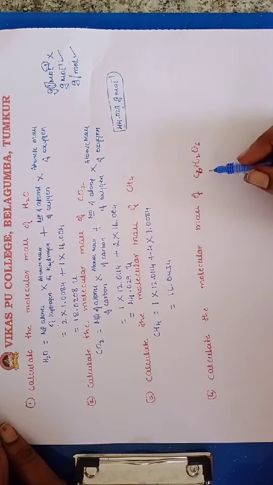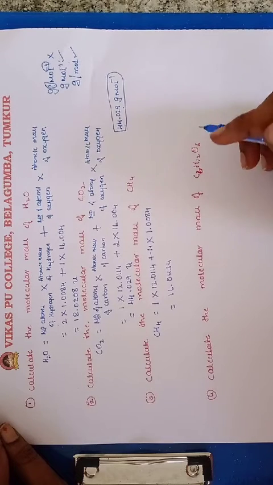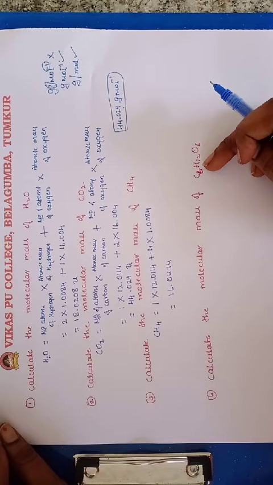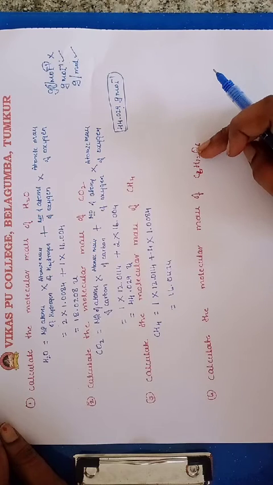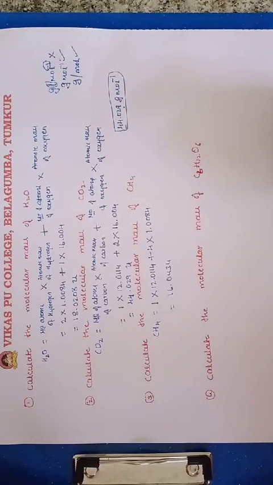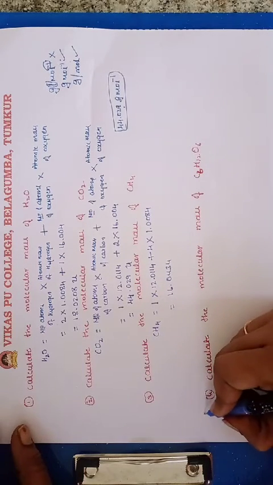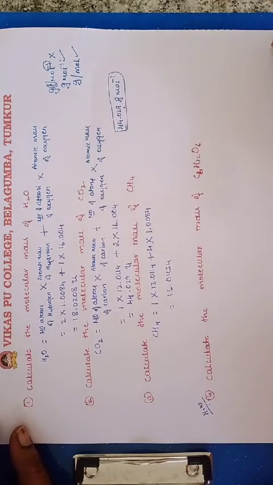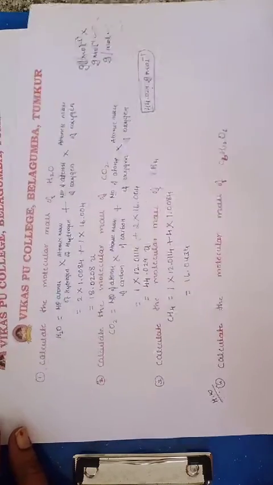You can do it for oxygen, and also for glucose. Glucose contains oxygen, hydrogen, and carbon. You know the atomic mass of the carbon, the atomic mass of the hydrogen, and the atomic mass of the oxygen. Then you can calculate the molecular mass or molar mass. The only difference between molecular mass and molar mass is the unit. Then we will do one more problem. This one you have to do: just calculate it and send it to me. Then one more problem, I will show how to calculate.